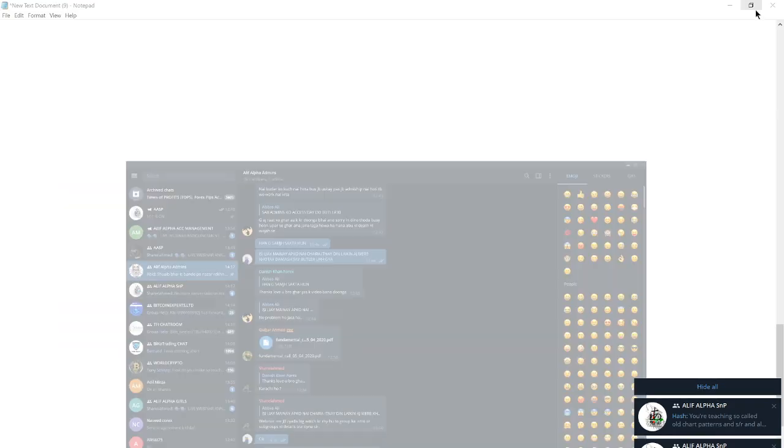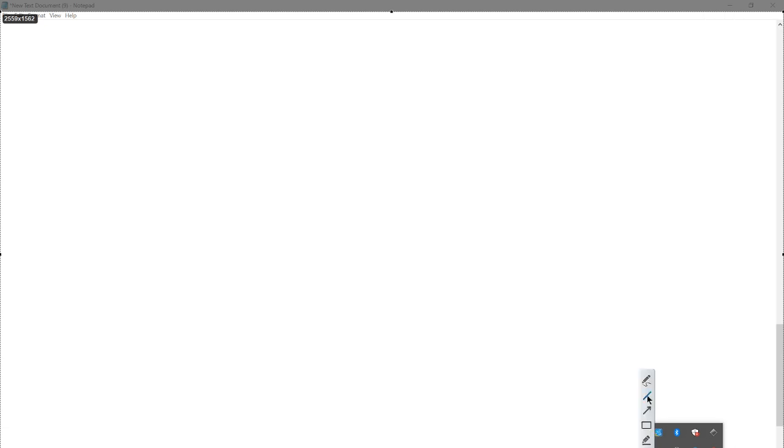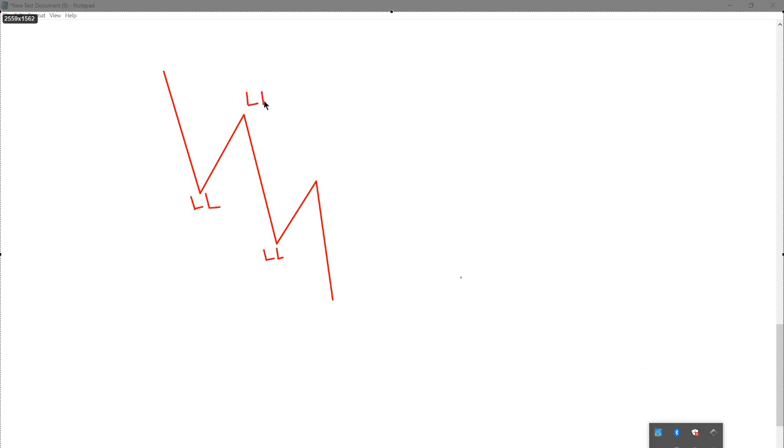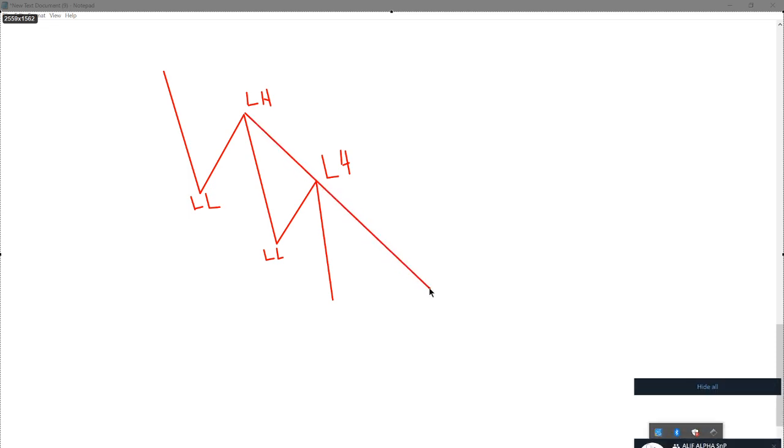Right. In the bearish market, what happens is, because market is coming down now, it's creating lower lows and lower highs, right? That's fine. In this scenario, we're not going to create the trend line from the bottom. No. In the bearish market, we connect lower highs with the second lower high, and drag it towards the downside,